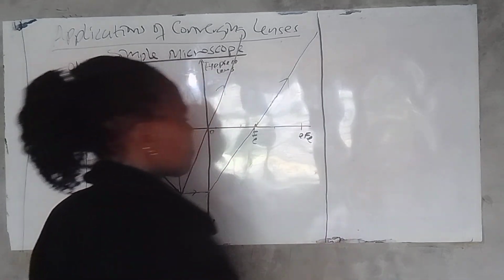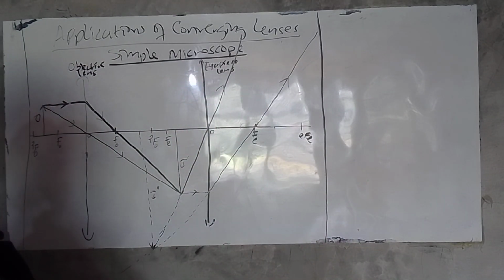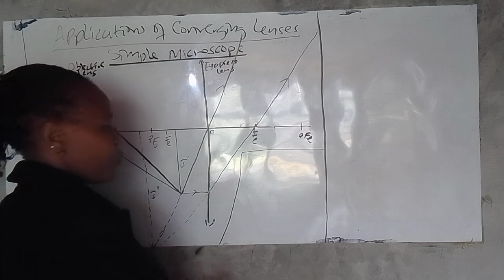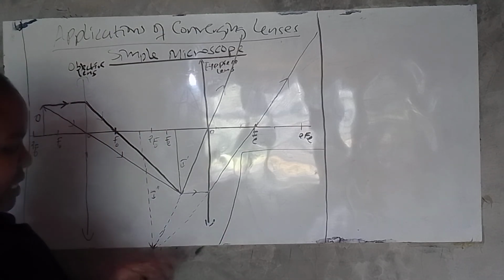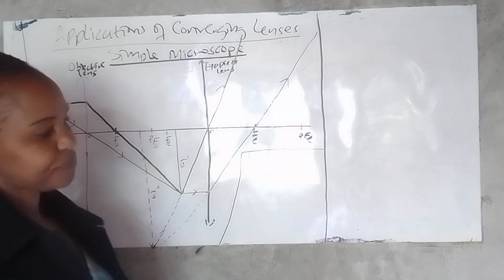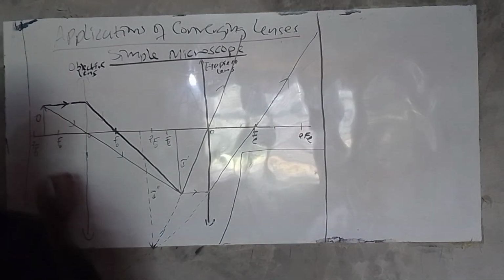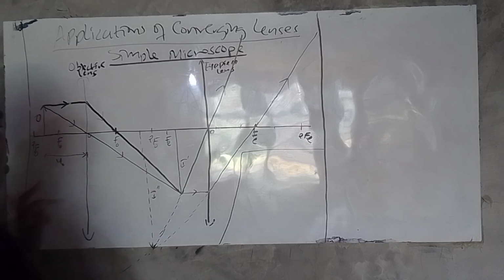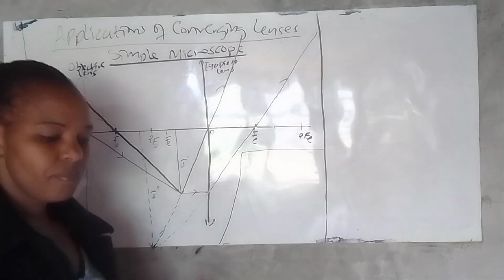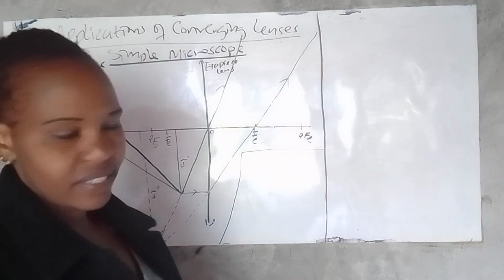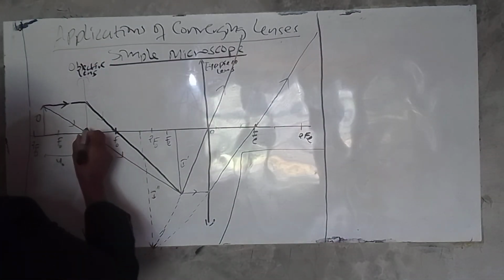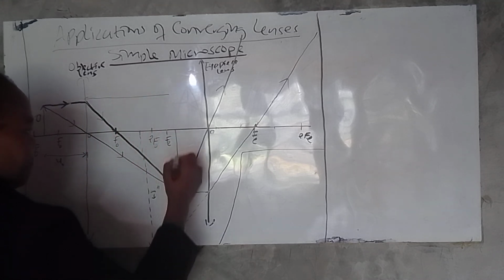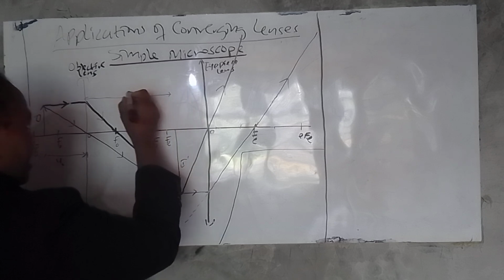We need to ask ourselves, how many times have we magnified our image? Now, with this diagram, let's calculate the magnification due to the first lens. Let's take the object distance, that is u naught. Naught simply means the object distance due to the objective lens. And then I take the distance from that point to where I have my first image, that distance, as v